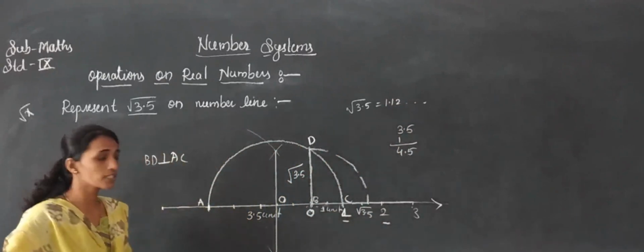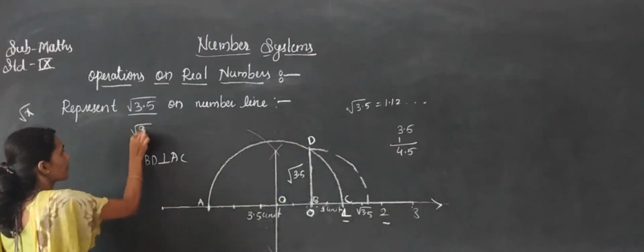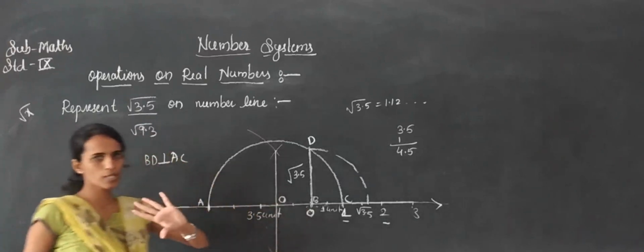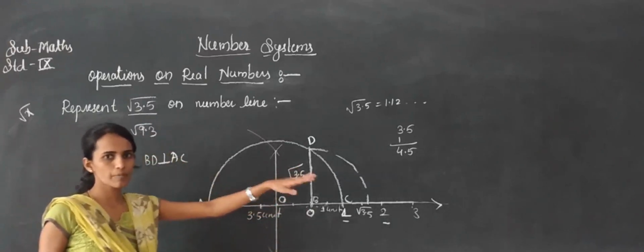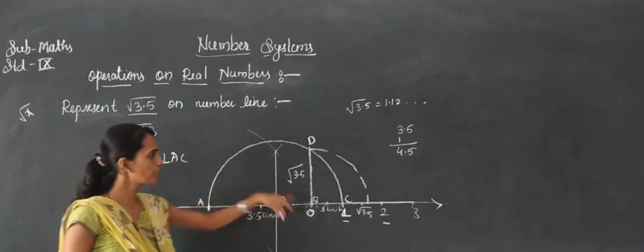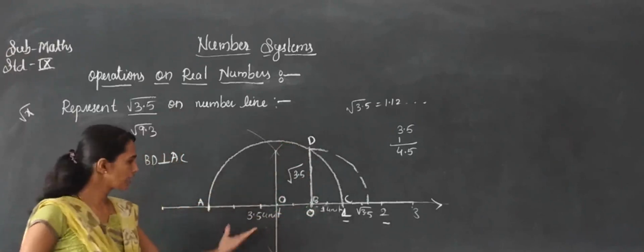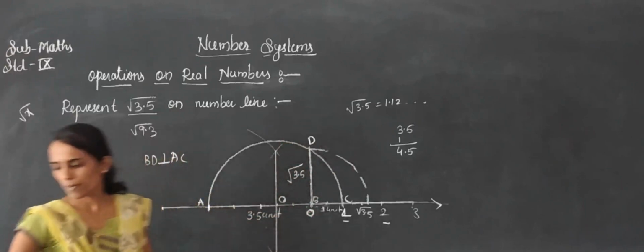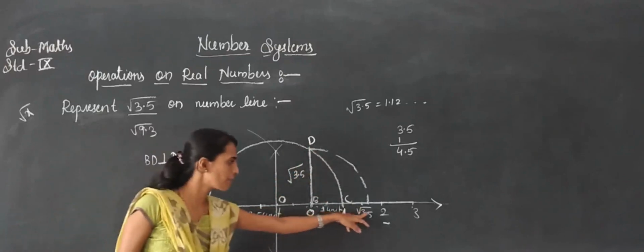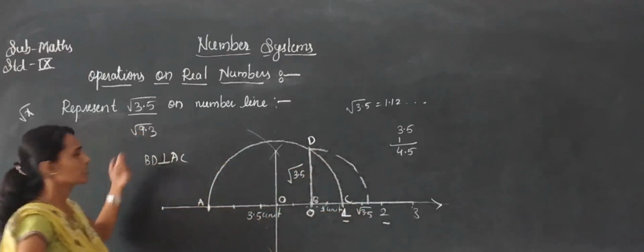In your exercise also it is there. Represent root 9.3 on the number line. Same you have to take. 9.3 centimeters you have to take. After that, 1 centimeter more means that will become 10.3 centimeters. Half of that means draw a semicircle. Then take a perpendicular line to the base. Then you have to use the compass on that perpendicular line and draw an arc there. Where it meets the number line, that will become root 9.3 here.